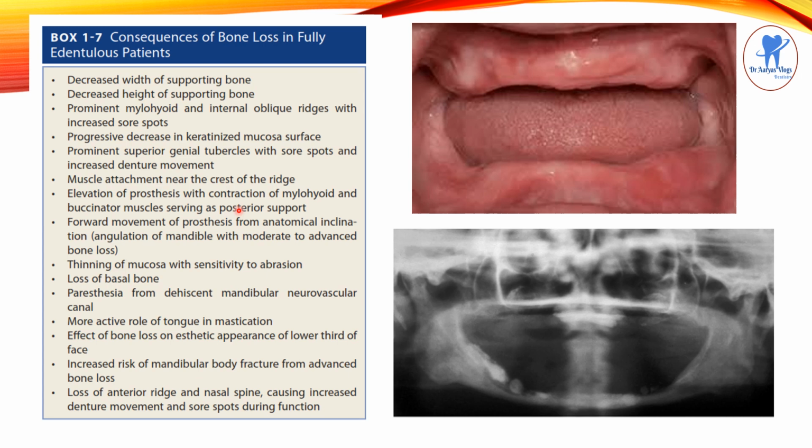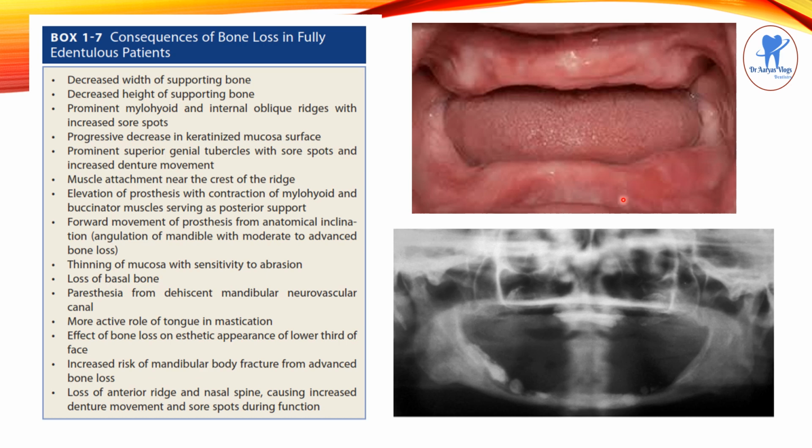And coming to the consequences of bone loss in fully edentulous patients, there is decreased width of supporting bone, decreased height of supporting bone, and the mylohyoid and internal oblique ridges become prominent, with increased sore spots, progressive decrease in keratinized mucosa surface, prominent superior genial tubercles with sore spots, increased denture movement, muscle attachment near the crest of the ridge, elevation of processes with contraction of mylohyoid and buccinator muscle serving as posterior support,